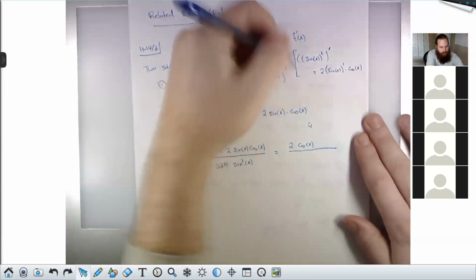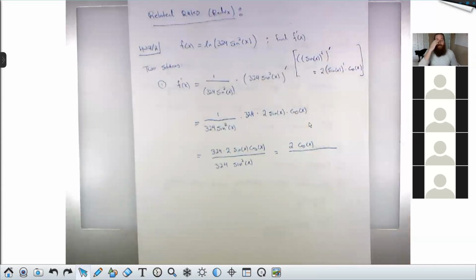Perfect. Thank you so much, Mr. P. Yeah, no problem. Homework 7 is tough. Yeah, I acknowledge that. The related rate stuff is one of those sections that a lot of people have a hard time with. You have to be very comfortable with your differentiation rules, especially the chain rule. And the chain rule is kind of challenging. So even though it's not officially the chain rule homework, this is the one that tends to verify that you actually learned the chain rule all the way. And that's not a simple thing. So this piece, the 2 sine x cos x here, is coming from the derivative of sine squared according to this chain rule.